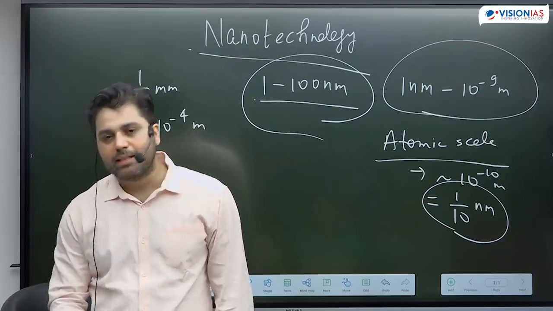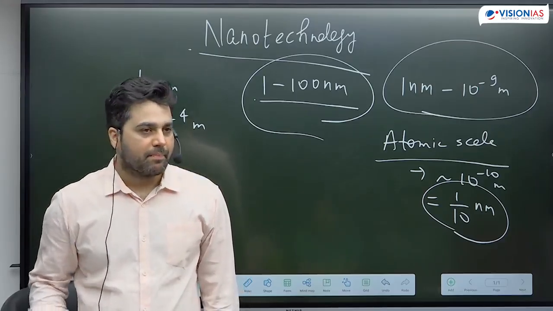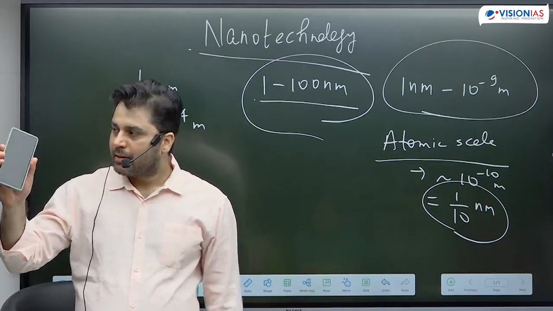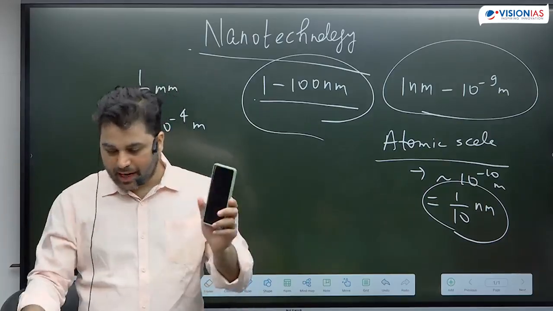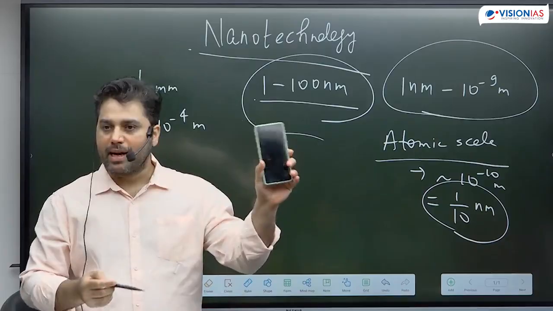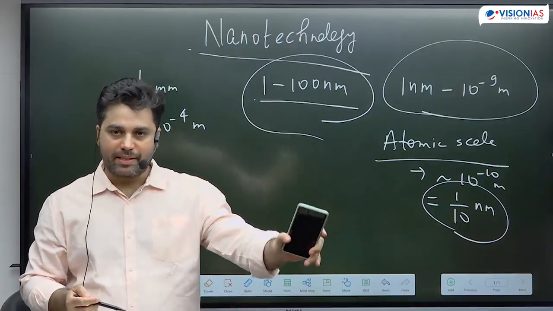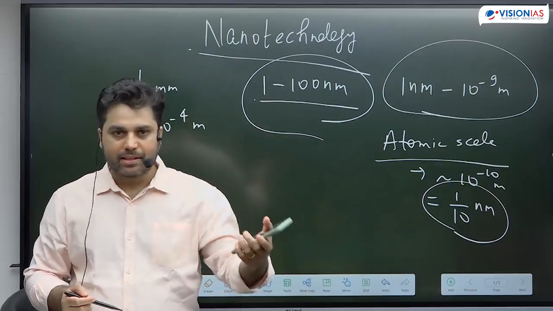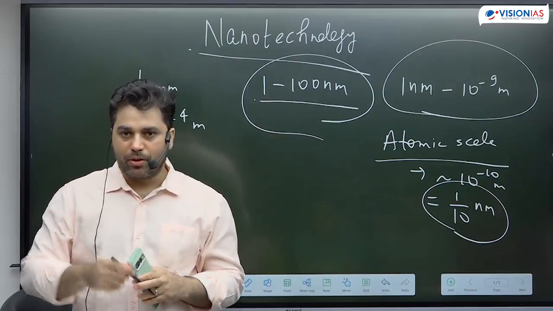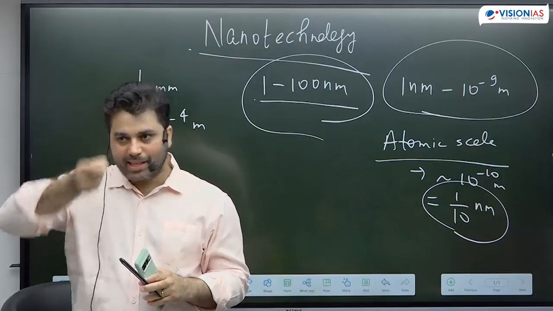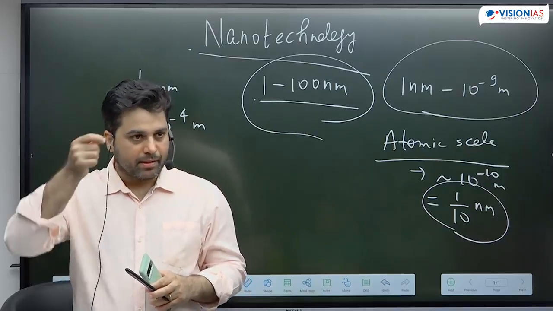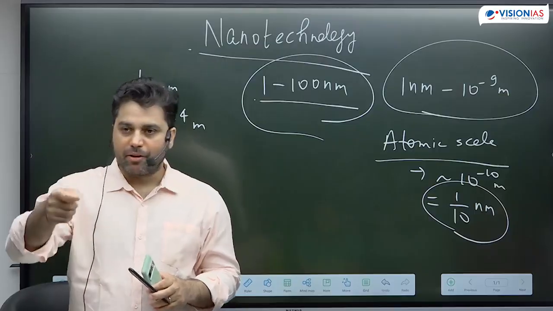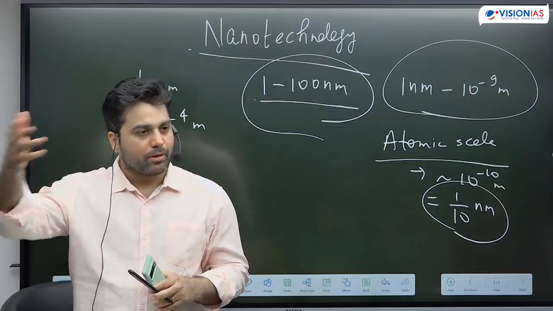So think of now a nano layer of material. I will give you the best example of nanotechnology which we are using is in our mobile phone. That top layer of our mobile phone, which by the way has become scratch proof, that I use this, there will be no scratch here. A lot of you are wearing glasses, and those glasses have property of anti-fog or anti-dust. All of that is possible because on your glasses there is a very small thin layer, and thin means nano, that there is a thin nano layer on your glasses which gives properties like anti-fog property or anti-dust repellent property, all of those things.